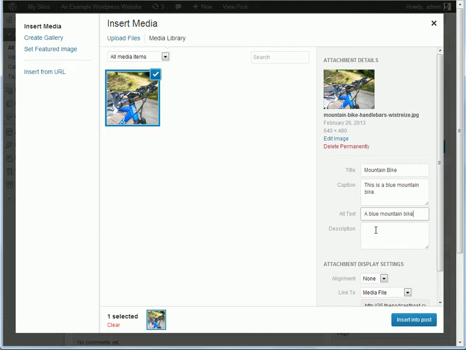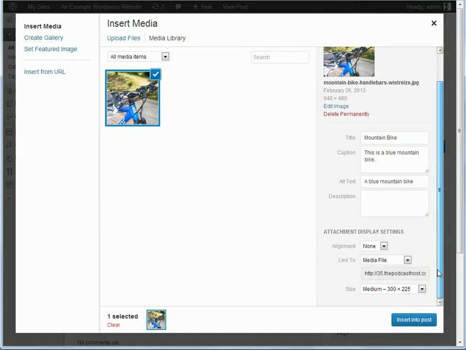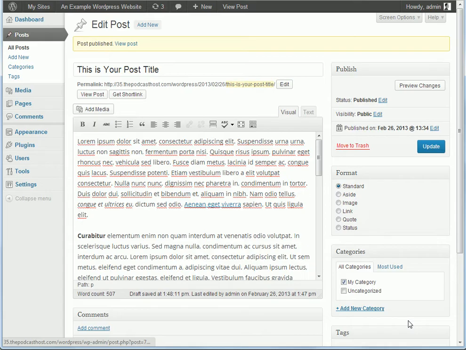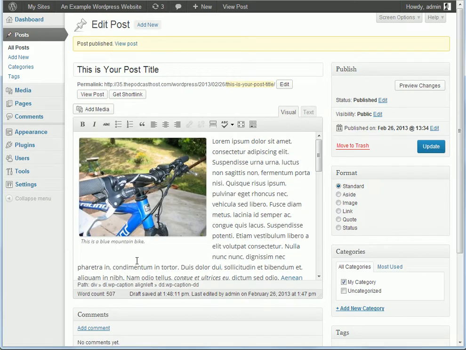Blue mountain bike. Okay, and to insert it into the post, there's a few options here. So attachment display settings at the bottom here. So we're going to align it to the left. I'm going to link to the media file itself, and I'm going to choose, you can go either thumbnail, which is very small, medium, so a decent size image, or full size. I'm going to go for medium and click insert into post. And you can see that that inserts it into the post, aligned to the left with the caption right below it. And if I click update,